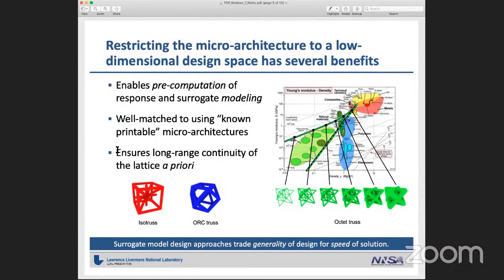And we're going to take almost a polar opposite approach. Instead of having a full design space everywhere in the microstructure, we're going to have a very low dimension, and in this paper, even just a 1-dimensional design space at the micro scale. So what we're going to do is to choose a microstructure ahead of time and allow it to vary in 1 dimension only. In this case, we are choosing these open truss microlattice types of architectures, and we're going to allow the rods to vary their diameter. They're all going to scale in the same way, so there's only just the one controlling parameter.